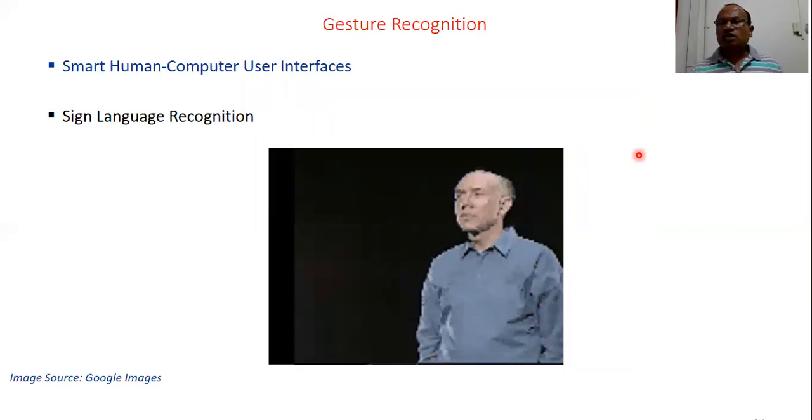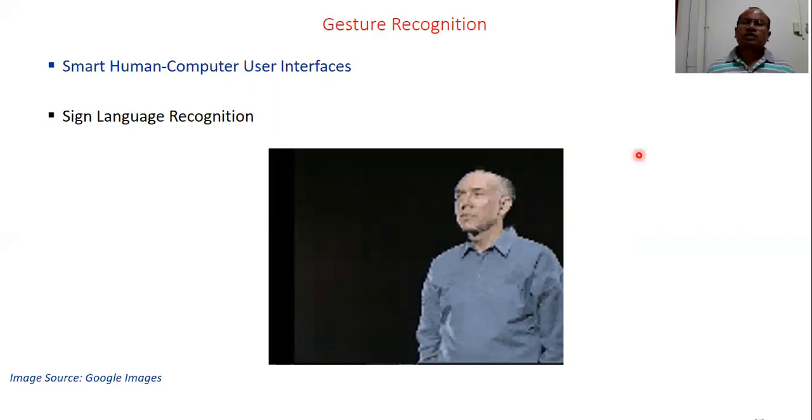Remember, gesture recognition, body language recognition, human body language recognition, human gesture language recognition. These are very, very important biometrics for those who are disabled, deaf and dumb, those who cannot hear, those who cannot see. For them, these gestures are very important. There are tools and products coming, and with the help of those products, those people, the vision impaired and the listening impaired, can also communicate to the world, to society. So image processing helps them in a great way.